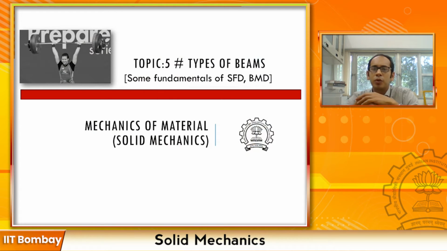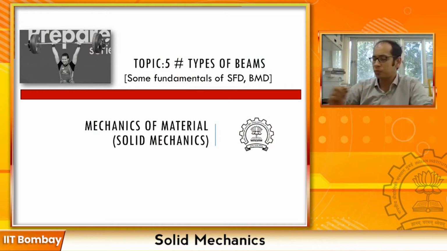So first we are going to look at the different types of beams, and then we will revisit or have a recap on the sign conventions for the positive shear and the positive moment, and some other fundamentals of the bending moments and the shear forces depending upon the location of the beam or the support condition that you're looking at. So first, let's go ahead and take a look at the different types of support conditions that can happen in a beam, right?